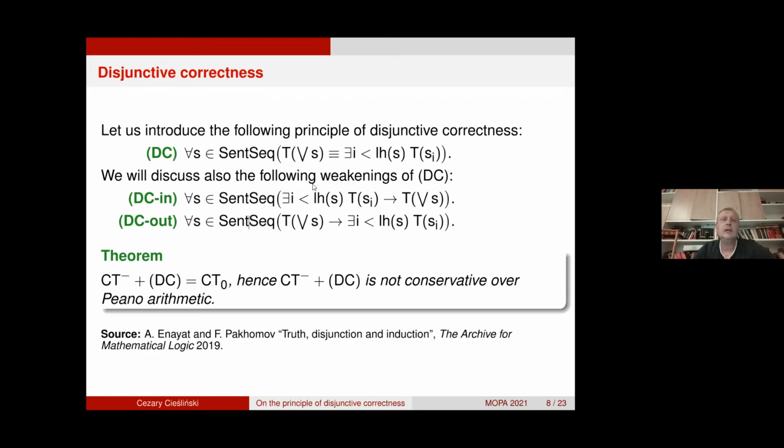And my aim here is to show how to improve on this result. The improvement will be twofold. Firstly, what I'm going to present is a simpler proof than the one originally given by Enayat and Pachomov. I think it's a nicer proof, and I think that I can say it safely because one of the authors, Ali Enayat, says himself that this proof is nicer, so I'm on the safe side. And secondly, I will want to prove a stronger result, namely,